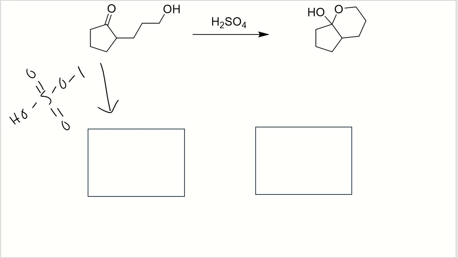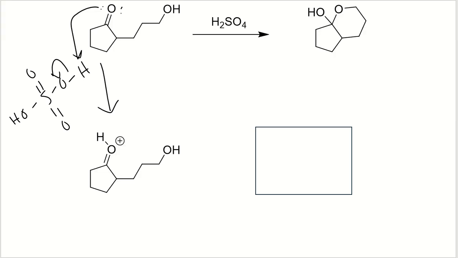But if I have my sulfuric acid, the first step is going to be the protonation of that carbonyl. So the carbonyl is going to accept a hydrogen from the sulfuric acid, and what we're going to get in return is this protonated carbonyl. The purpose of doing that is it's going to give us a more electrophilic carbonyl so that our nucleophile can